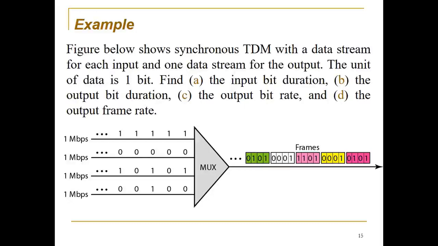So let's say we're using first in, first out in terms of arrangement for these 4 messages. If we go with the last message first, then we can go with 0101, and then 0001, 1101, 0001, and then 0101. So that's the frame going on. So you have the 0, 1, 0,